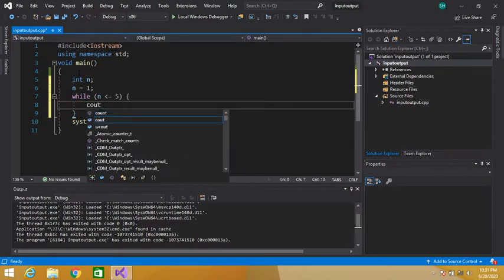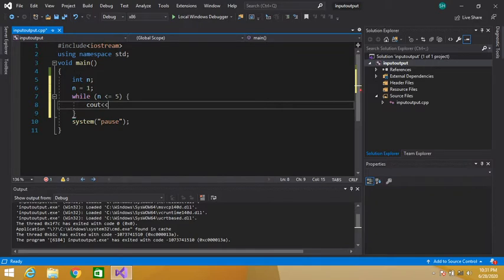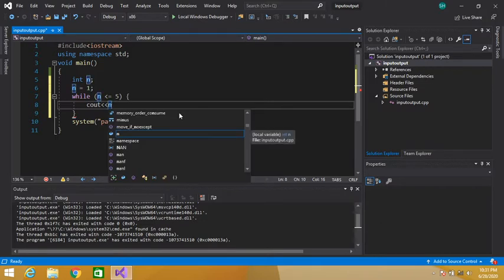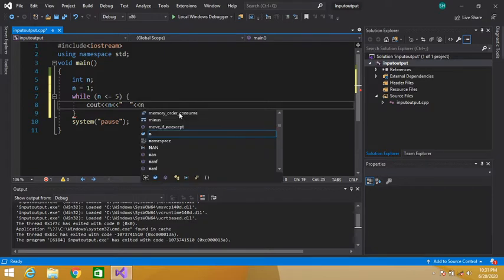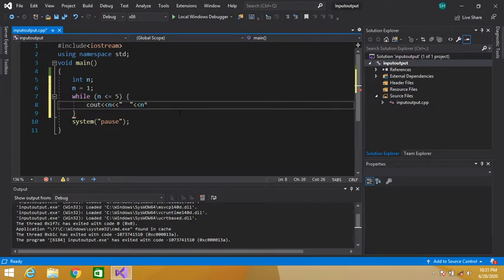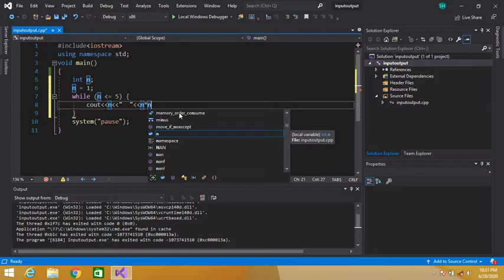cout, first we have to display the value of n. Means first we have to display the number, and then here we will give some space, and then we have to display the square of this number. So number multiplied by itself is